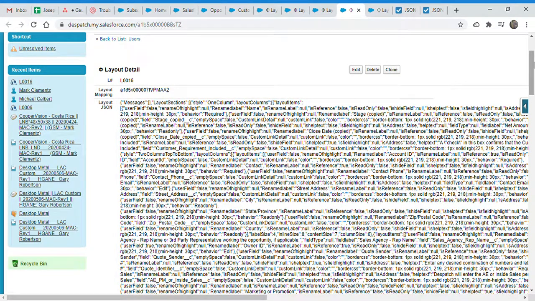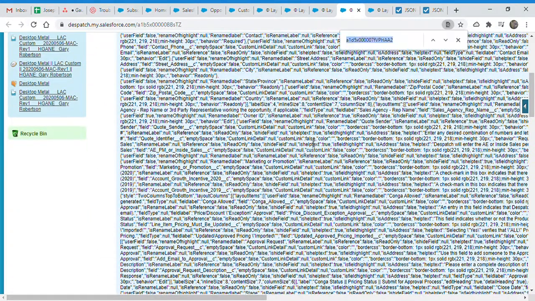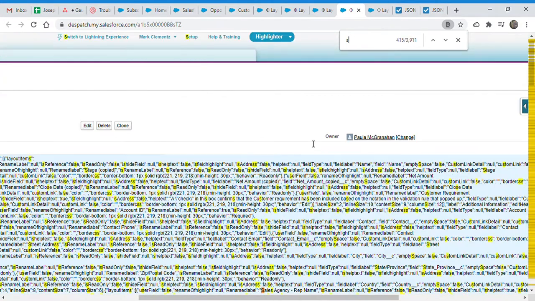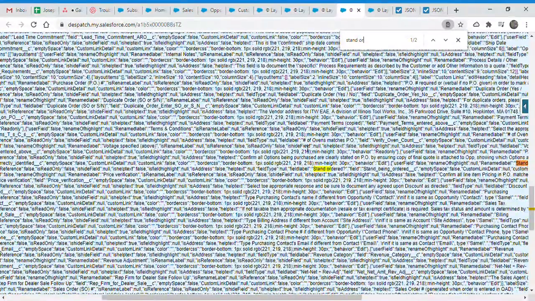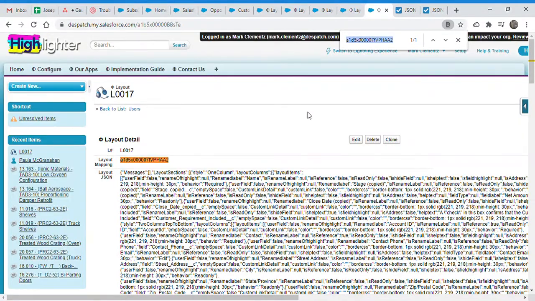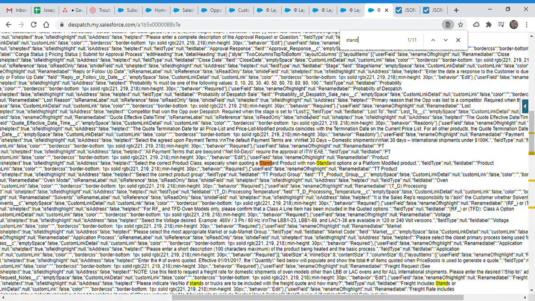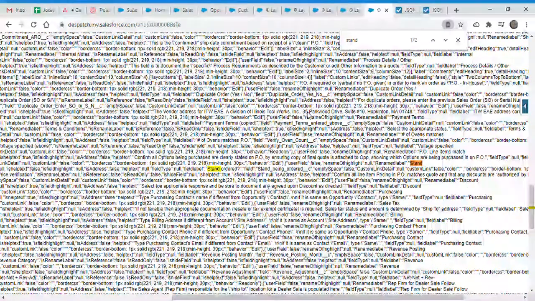And when I check the stand order field, I think it should be here. Yeah, you see this is the layout saved and it says stand order is here, and this is for the administrator Mark with whom I'm logged in, so I can see this one.